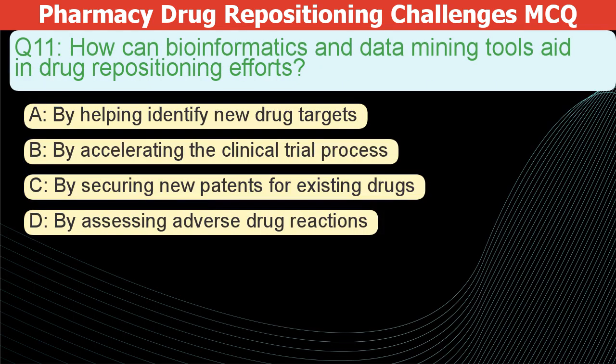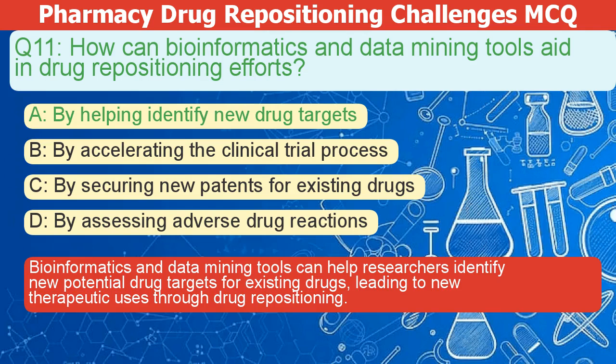How can bioinformatics and data mining tools help with drug repositioning? A. By helping identify new drug targets. B. By speeding up the clinical trial process. C. By securing new patents for existing drugs. D. By assessing adverse drug reactions. The correct answer is A. Bioinformatics and data mining tools can help researchers identify new potential drug targets for existing drugs, leading to new therapeutic